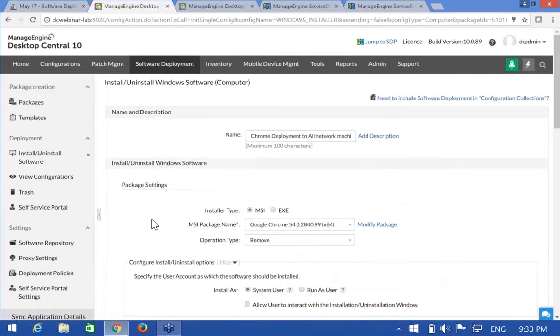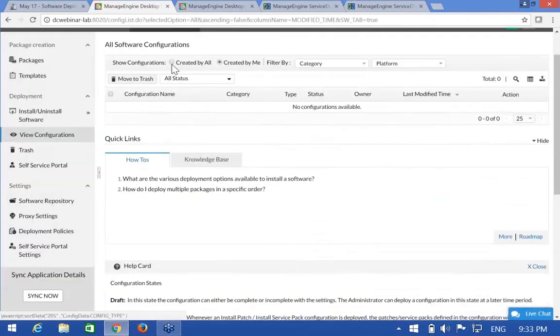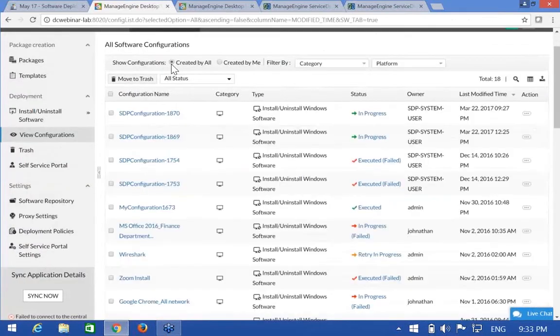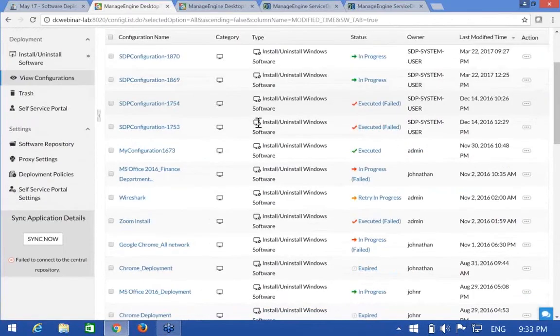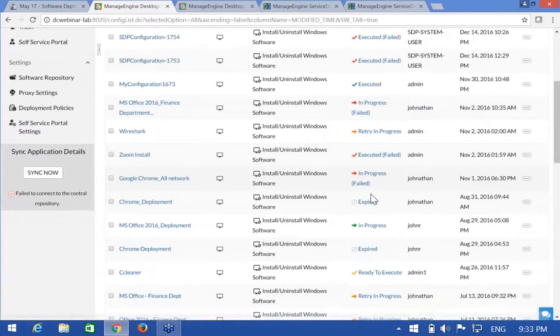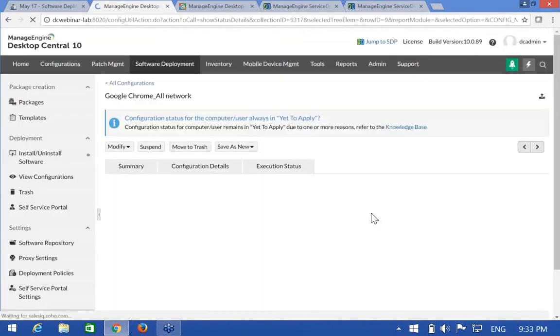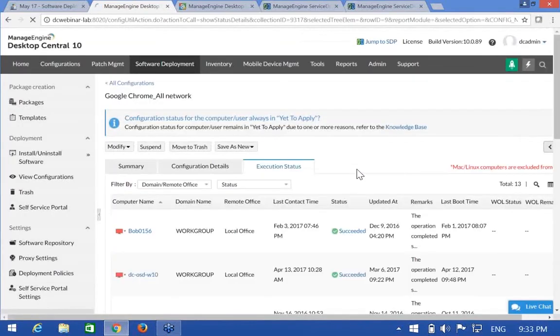All right, let's assume that I have deployed this task. And if I want to see the current status of this task, I will go to Weave configurations. I will see all the tasks that are created. I'm looking for the one that I've created here, Google Chrome, all network machines. So I can see the current status here as in progress, failed. So if I click on the current status, it takes